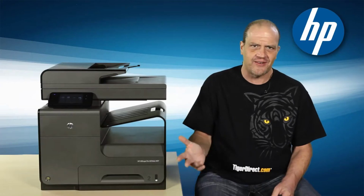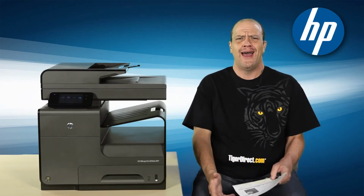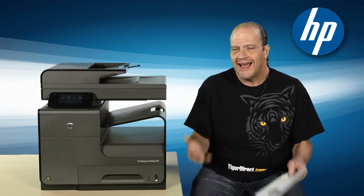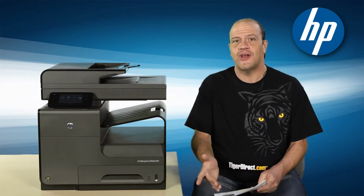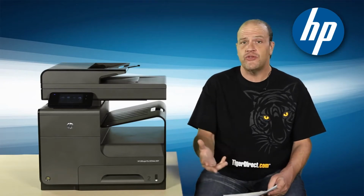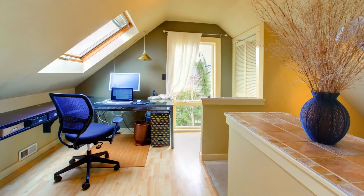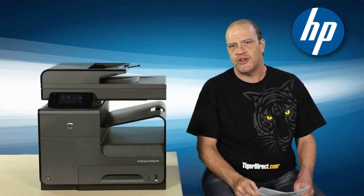You know, whenever they said it's the fastest desktop printer and it has no moving parts, I said to myself, how is that even possible? I mean, it's an inkjet, right? Officejets are inkjet printers. But the Pro on the end lets you know that it's really suitable for that small